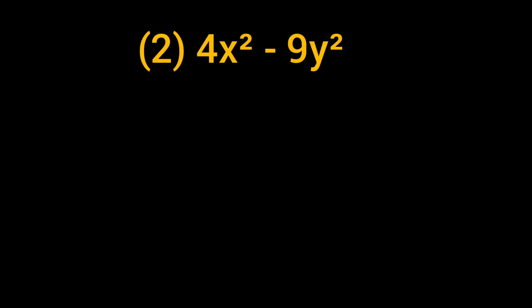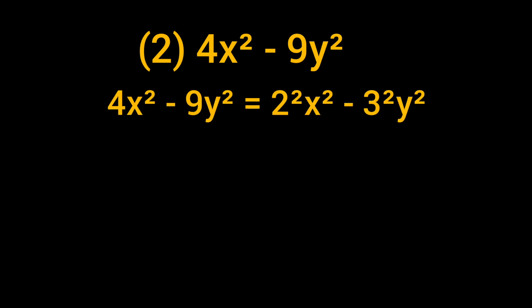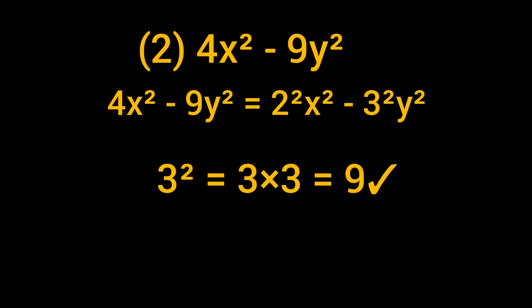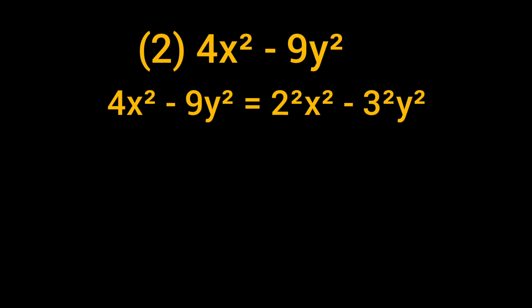We are given 4x squared minus 9y squared. We can rewrite this expression as 2 raised to power 2 x squared, because 2 raised to power 2 gives us 4, minus 3 raised to power 2 y squared, because 3 raised to power 2 still means 3 times 3. Then you can see both of them are squares, and there is minus